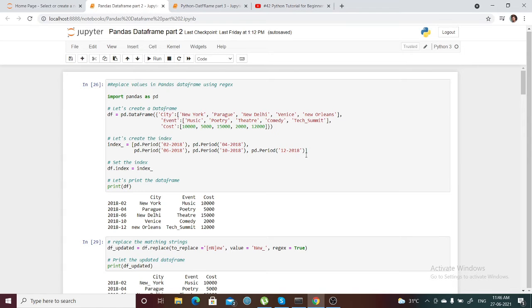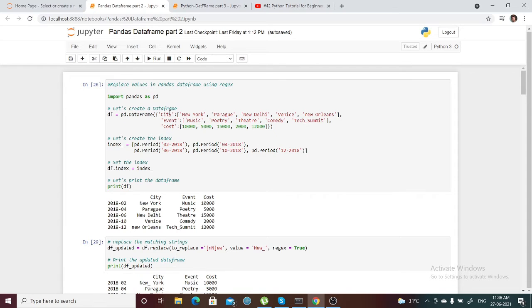Welcome to my channel, and this video is going to be quite interesting, and we'll see different operations of the pandas data frame. We have discussed a few things related to how to create data frames using different lists and dictionaries. So we'll see some new things in this particular video regarding data frames and operations in the data frame.